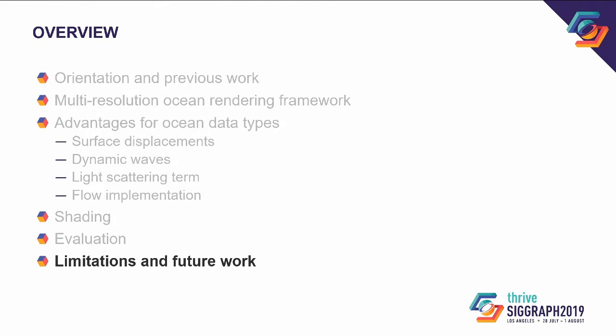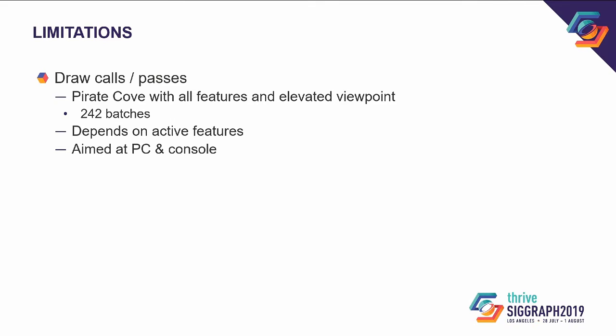We now discuss some limitations of our technique. Firstly, having all of these rendered textures means that there are more passes than other systems would have. This depends on which features are active and how many user-provided inputs are being rendered into the data. In the Pirate Cove scene, with an elevated perspective, with all ocean features turned on, Unity reported 242 batches attributable